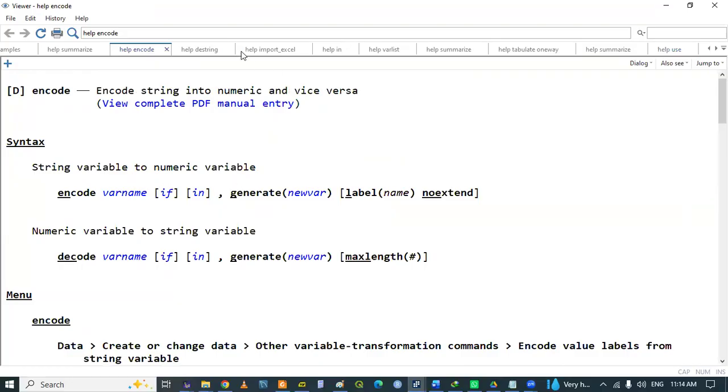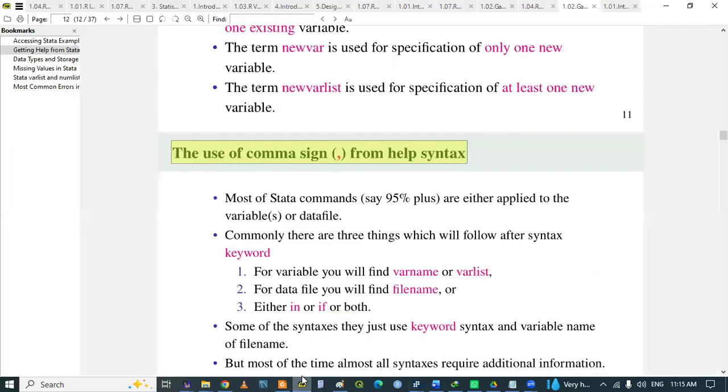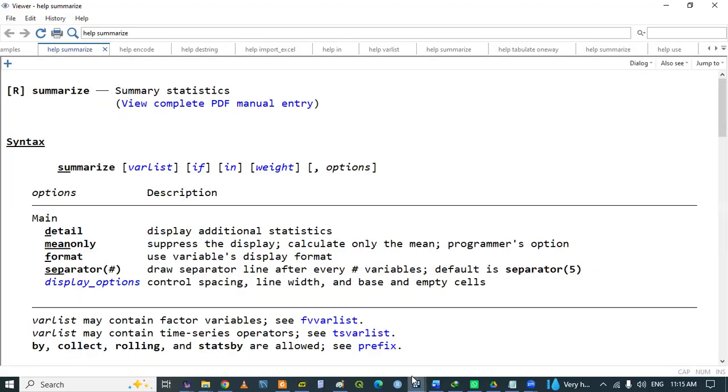The order also matters. Where's the help summarize? Here. The order. If you want to say summarize, if you have var list and if you ignore var list, then no problem. But if you put summarize, var list, and if, you must start with var list before if. This is another important thing in syntax specification. And I will demonstrate that one. If I say here,